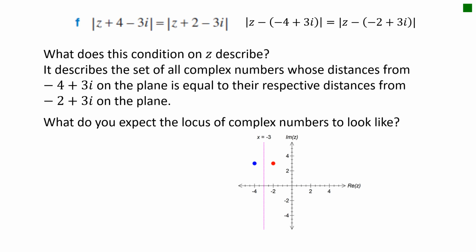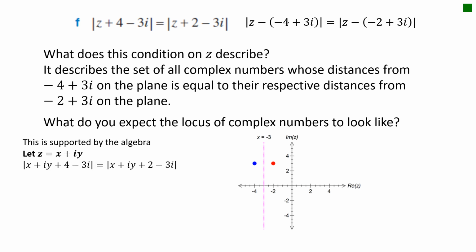If you're thinking about a vertical line through x equals minus 3, so any complex number with a real component of minus 3, then you'd be right. So as you can see, each complex number along that line is equidistant to minus 4 plus 3i and minus 2 plus 3i. Interesting. Now, even if you didn't get that geometrical intuition, you can always do the simple algebraic